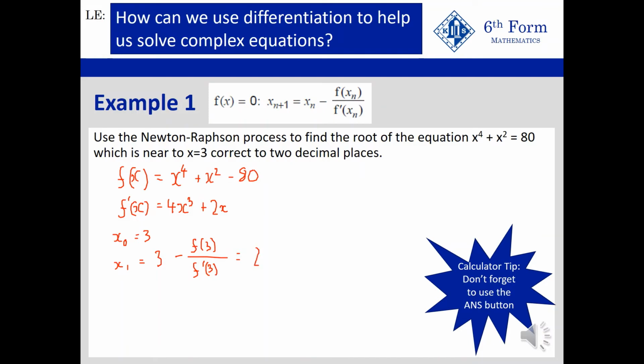So now I've got this first value. Okay, I can repeat the same process again, and because I've set my calculator up in this way, all I would need to do next time is press equals. The calculation that's actually going to be going on in the background is 2.912 minus f of 2.912 over f dashed of 2.912. So all of that's going to be going on in the background. All we need to do on the calculator is press equals again, which gives me